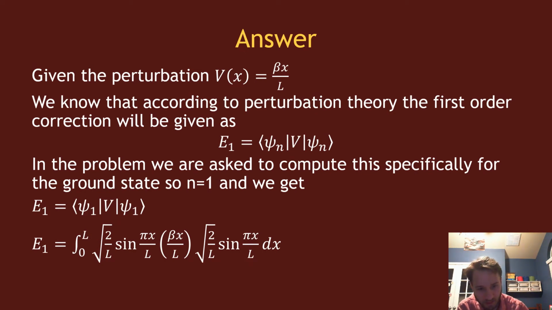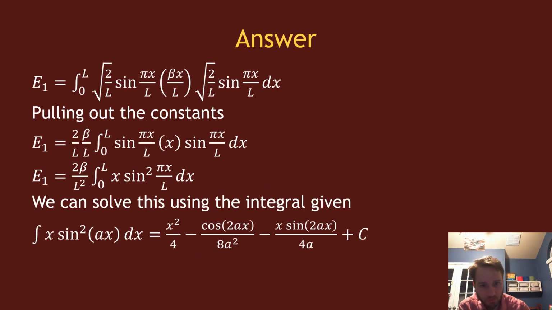And so plugging in that information, we get this integral that we have to solve here. E1 is the integral from 0 to L of sine n pi x times x times sine n pi x, with some constants thrown in there. Okay, so just rewriting the integral, I'm going to pull out these constants, beta L here and square root of 2 over L, to get 2 over L times beta L, which will simplify down to beta over L squared,